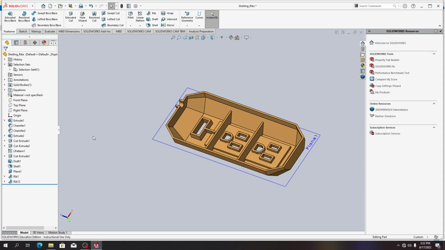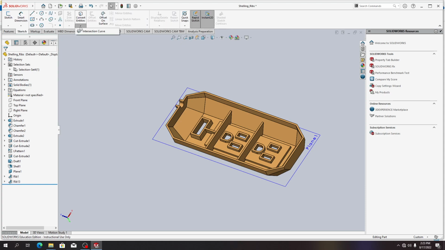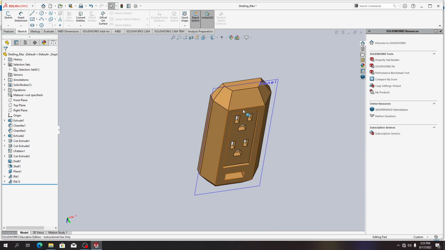Right? Converting entities. So, itong convert entities, nakikita nyo siya usually dito sa sketch. Tama? Nakikita nyo yan. Ang ginagawa kasi niyan is that gumagawa siya ng copy nung example, edge na sinelect mo. So, gumagawa siya ng copy nun and ipino-project niya yun sa plane of sketch. Okay, example, hindi sila pareho ng plane, katulad ng mga drafted parts nito, 'di ba? Hindi sila pareho ng plane, pero kapag kinonvert into entity ko itong face or edge na ito,